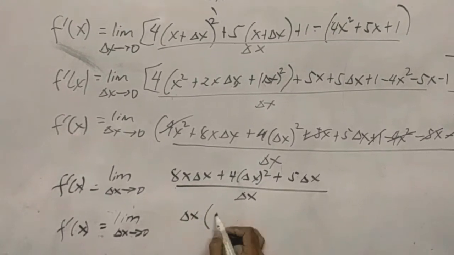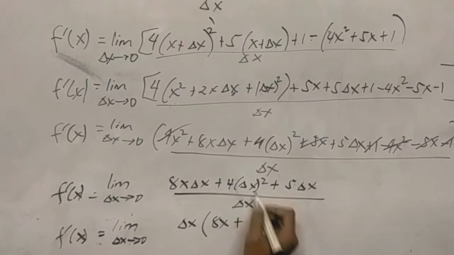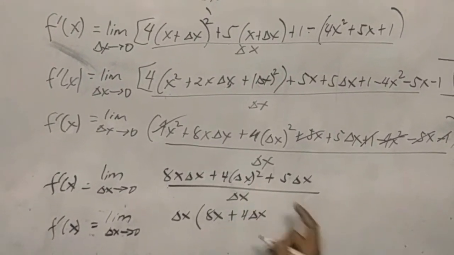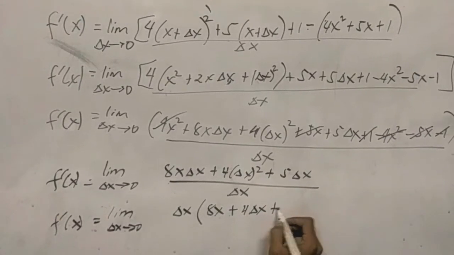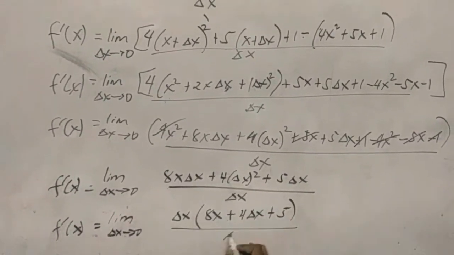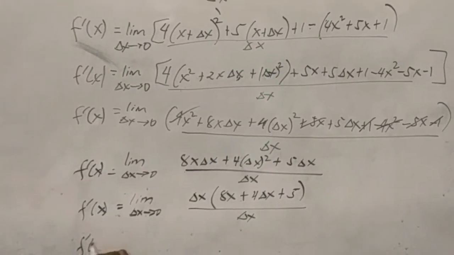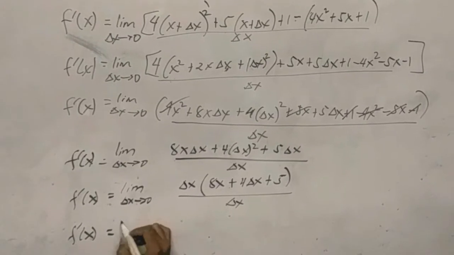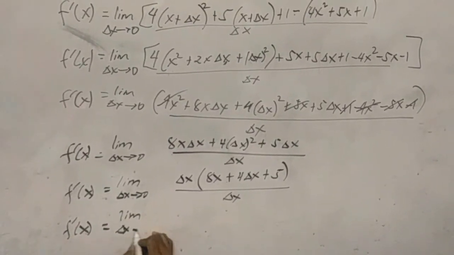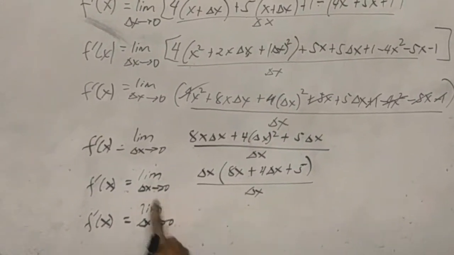Then, matira na lang 8x. And then, plus 4 delta x kasi mawala na yung isa. Plus 5. Tama? However, delta x. And then, ang mangyari, f prime of x is equal to the limit as delta x approaches 0. Papalitan natin ngayon ang lahat ng